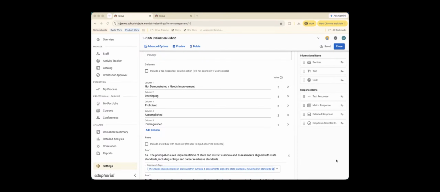Okay, this video is a tutorial to show you how to check your forms to make sure your scoring is set up correctly. This is very, very important. Before your evaluators start using these forms, you need to go in and check your matrix items. Your matrix items, even if they're not set to score, have a value associated with them, and so they work